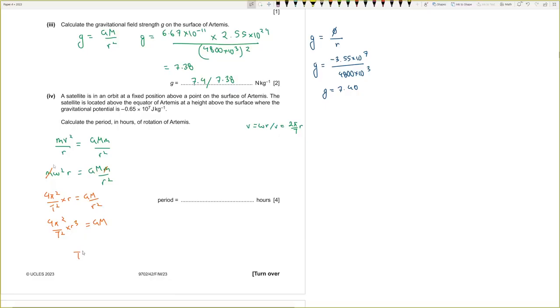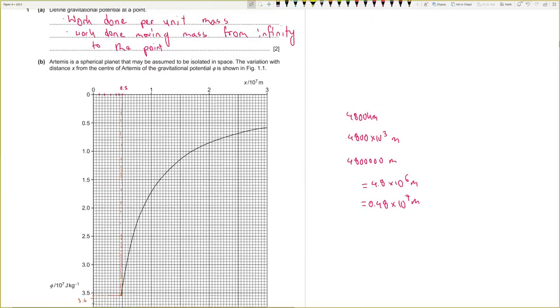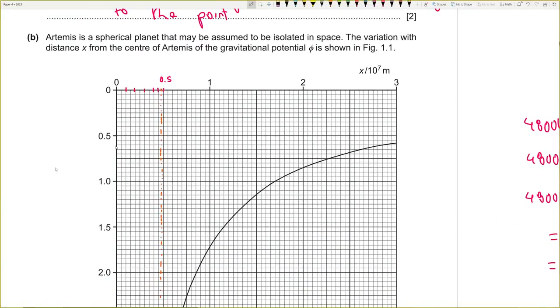Now if you make T squared the subject, you end up with T squared is equal to 4 pi squared r cubed by GM. So T squared is equal to 4 pi squared times, now we have to find out the radius r. How do we do that? Our satellite is a geostationary satellite, by the way, because it's at a fixed position and it's on the equatorial orbit. So we have to match it with the graph. This value minus 0.65 into 10 to the power 7. So where is that? This is minus 0.6, so minus 0.65 is over here. If you match it on the graph,